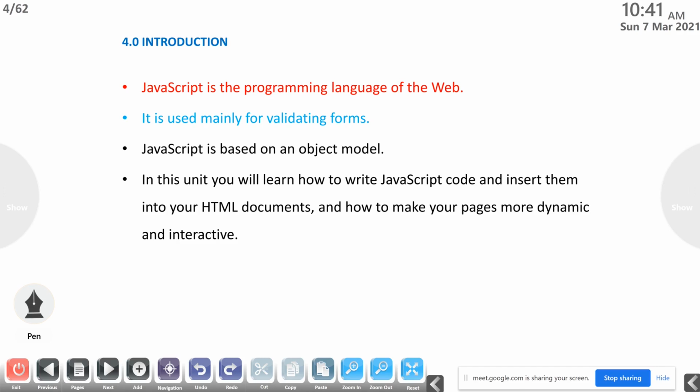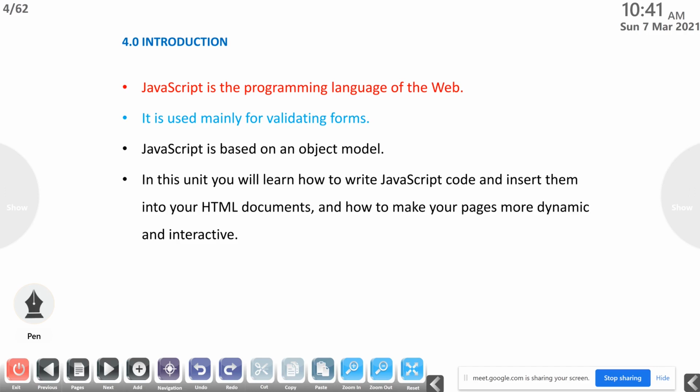So we are collecting the age, and before submitting we are checking that the value entered in the age field is greater than or equal to 18. Then only we want to submit the form. So JavaScript is used mainly for validating forms. This type of thing we call validation.